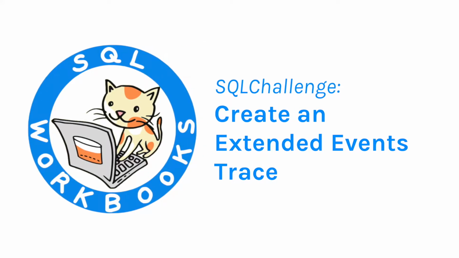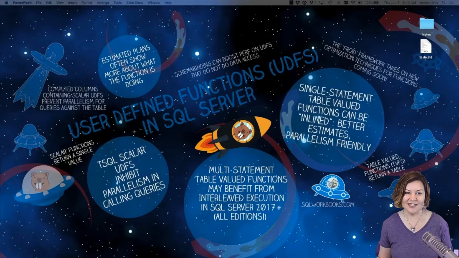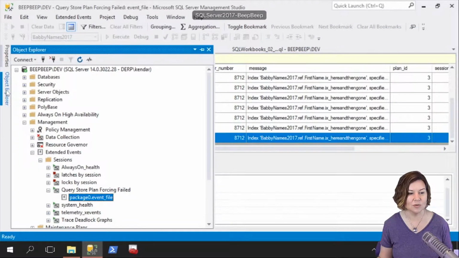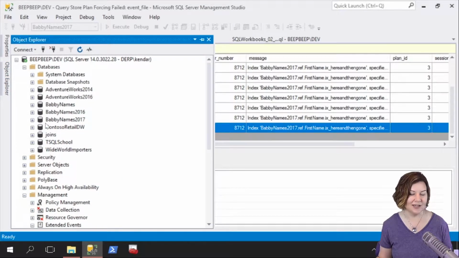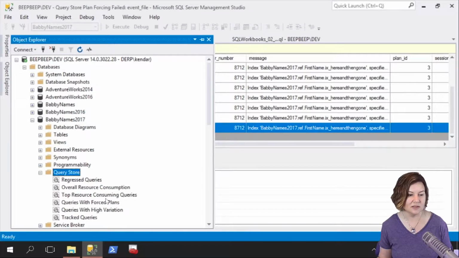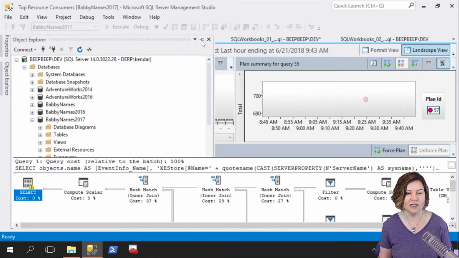Query store question. Is there a way to filter out system queries in the graphs? Let me show folks what this question is about. In these built-in reports for Query Store that we have back under the database bucket, when you're using Query Store in the real world, if I'm looking at top resource consuming queries here,